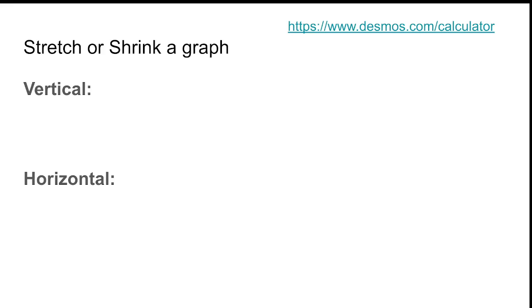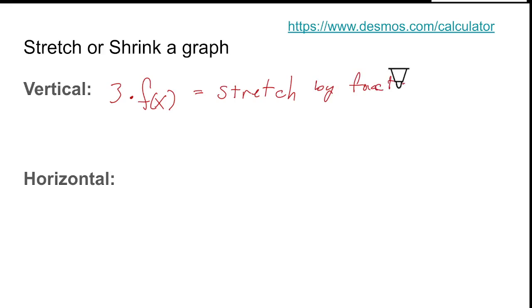So vertical is the easiest to understand. If you take any function, and let's just go with f of x, if on the outside of this, the y part, we multiply by a number larger than 1, let's say 3, everything should get 3 times larger. And so that should stretch the graph upward or downwards, both directions, by a factor of 3. Factor of 3 in this case, or 2, whatever that number is. And if we do the same thing, but we divide by 3, or we multiply by 1/3, which is the same thing, the reciprocal,